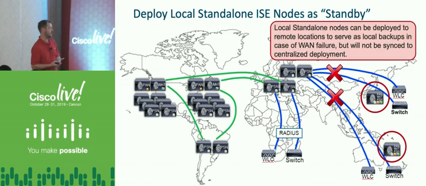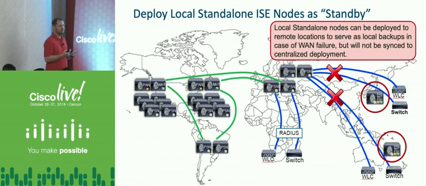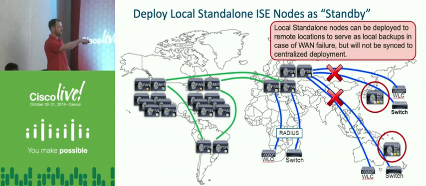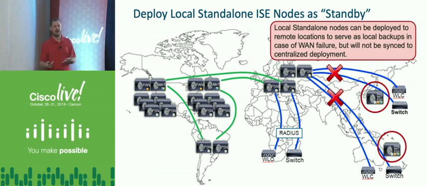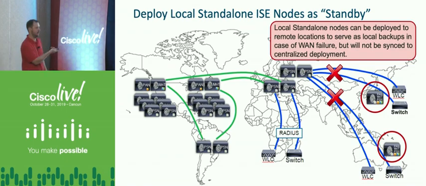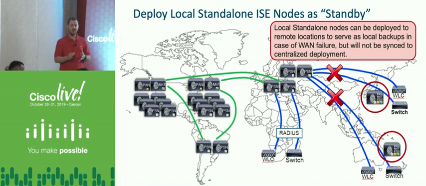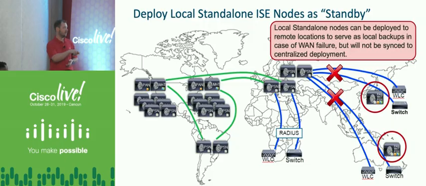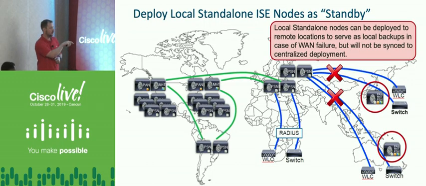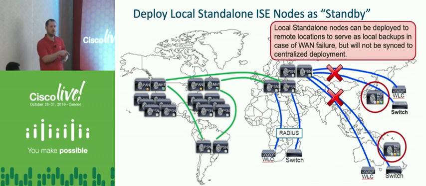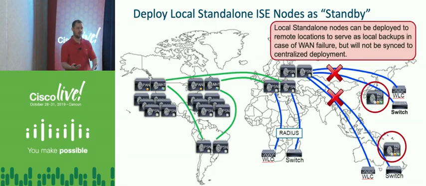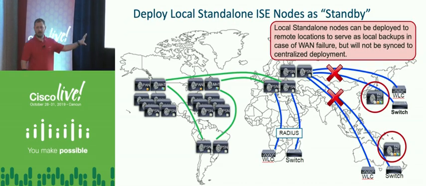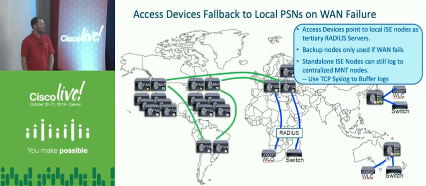Now there's a couple of options here. One option that we've seen done successfully is to put standalone nodes out in those remote locations, so that the primary goes to the global deployment, and as a redundant backup, we have a local all-in-one system that can be pointed to. In some cases, depending on the customer, they decide to make this as detailed as the global deployment, but in some cases, it's almost like local RADIUS fallback on wireless, if you're familiar with that feature. It's not as feature-rich, but it's going to allow for that survivability scenario. The other option here is